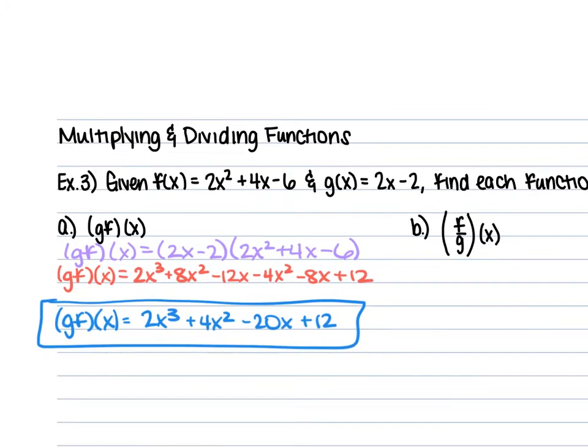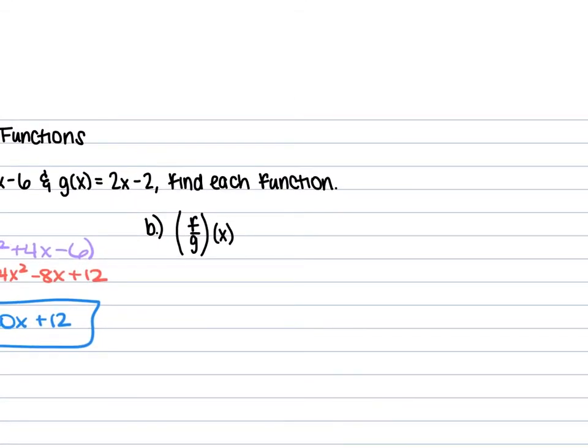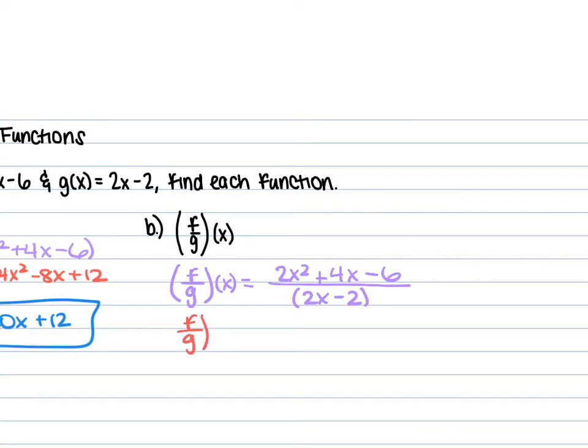For b, we have f divided by g of x. So f divided by g of x is equal to f of x, which is 2x squared plus 4x minus 6. The bottom here is 2x minus 2. So we can factor here that 2x minus 2 is 2 times x minus 1. And then the top of that factors out to be